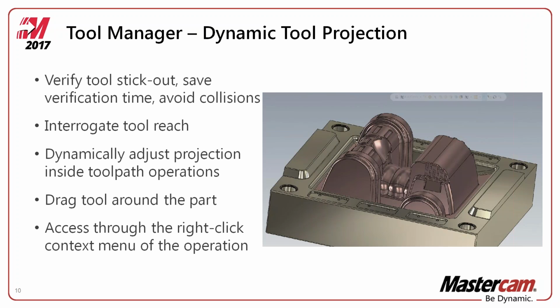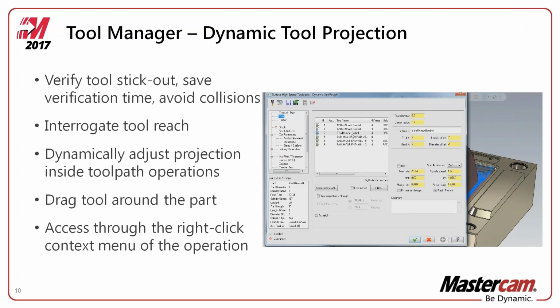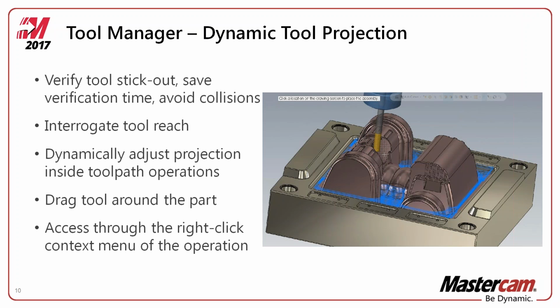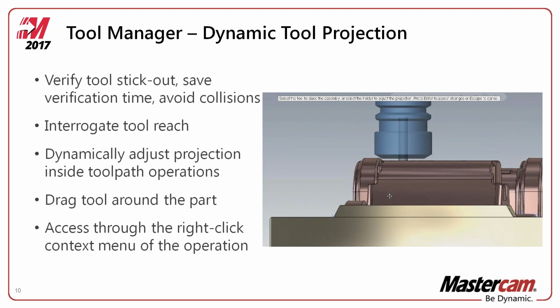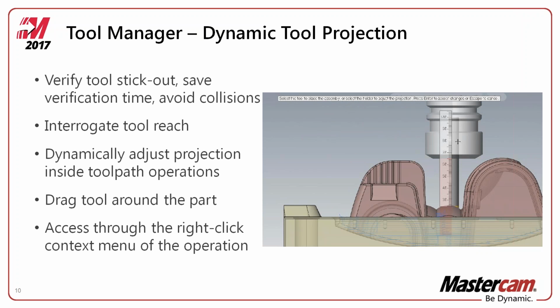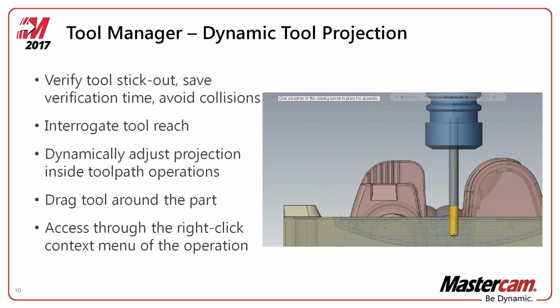If I go into my tool page, right-click on it and say Edit Projection, it's going to allow me to drag that tool around inside my part to see exactly where I'm going to be as far as the depth, and if I need to modify the projection that we're sticking out. Of course, we can also go to different views to see how close we are, and like I said before, we can either fine-tune it on the fly, or even type in the numbers if needed,